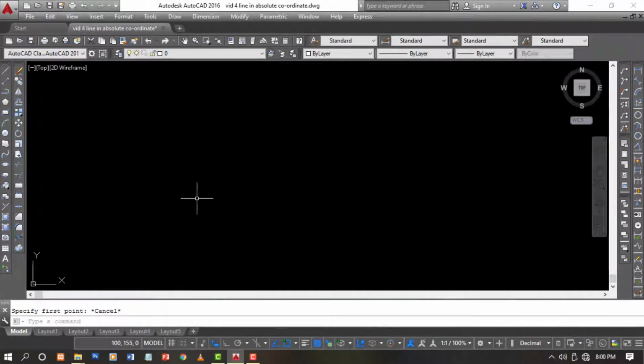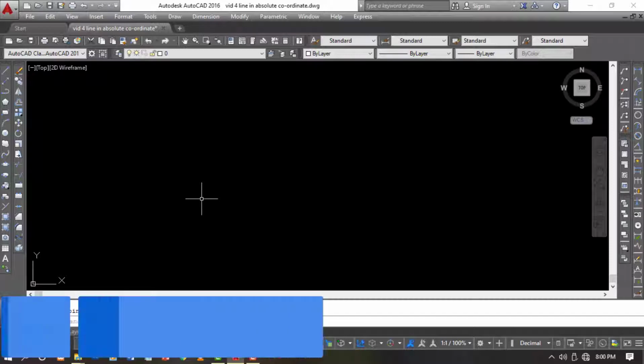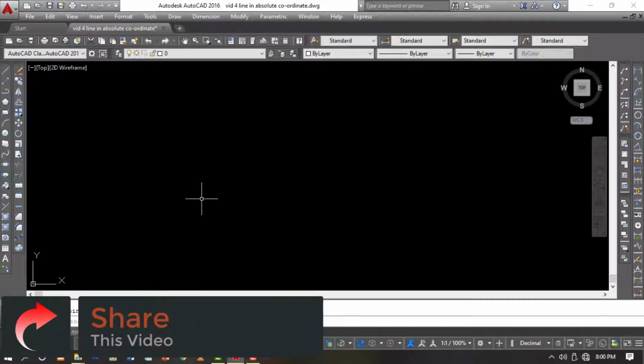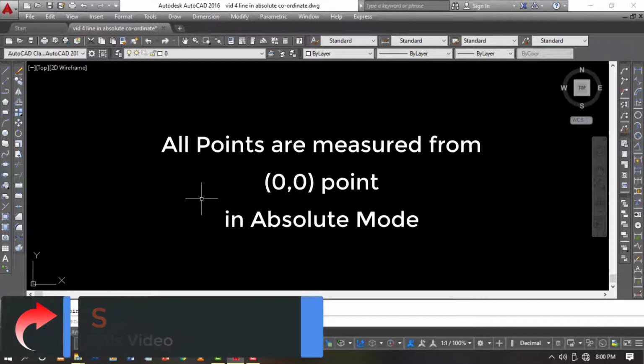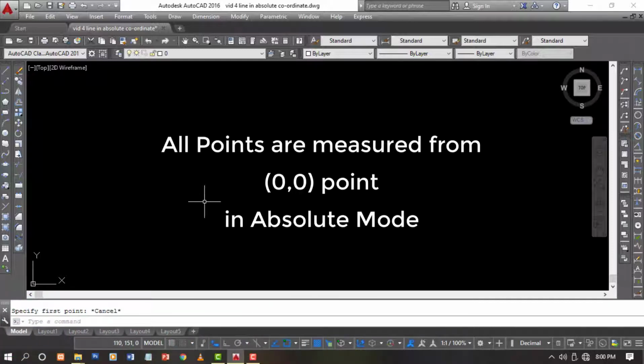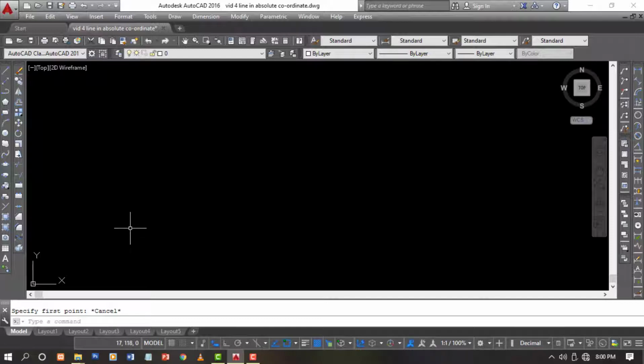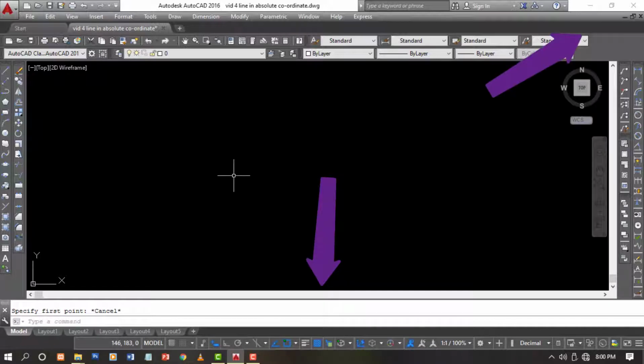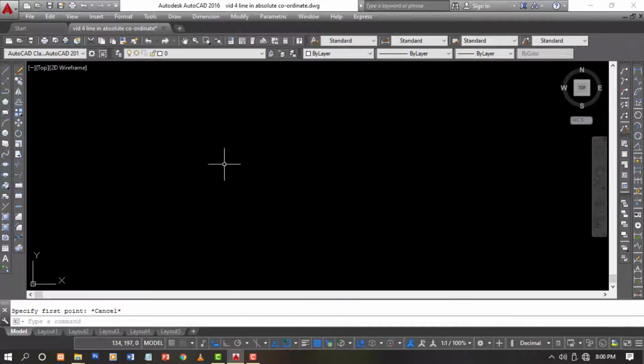Now I will show you how to draw figures with the line command in absolute mode. Then I will give you some tasks. Then if we have time, we will go for the relative mode. Otherwise, we will continue that in our second part. In the second video, I have already shown you how to draw a simple line in absolute mode. All the points drawn in absolute mode are measured from the origin, that is 0,0. So watch that video first from the link in the description or from the info button. Then watch this video.